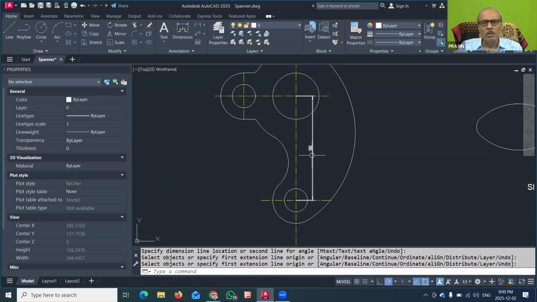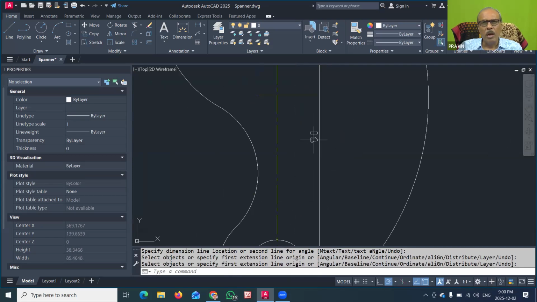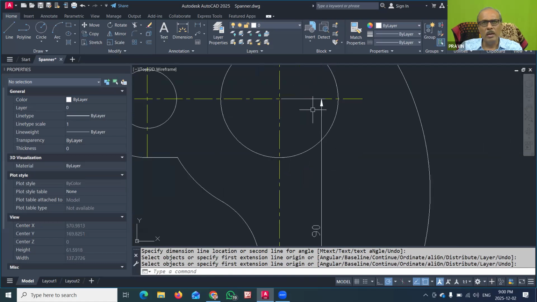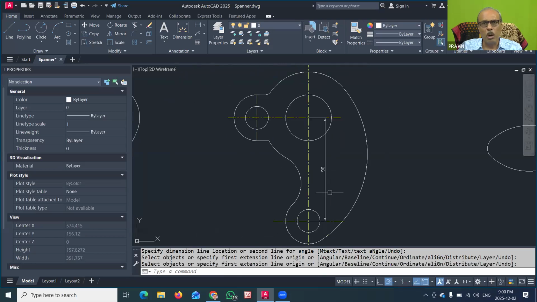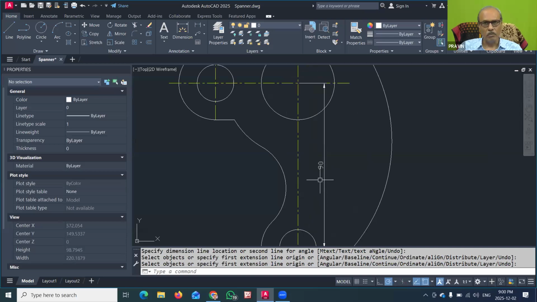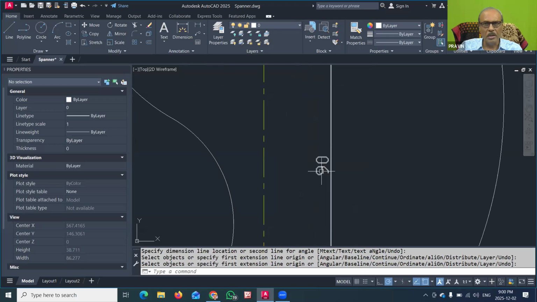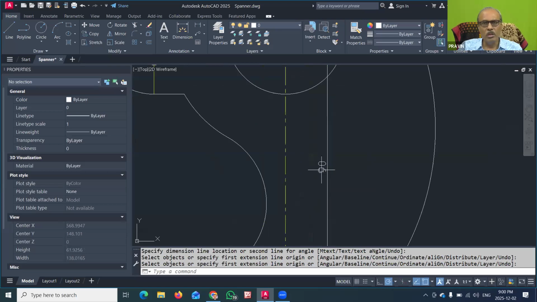Now here the 90 text was there, and there is an arrow at both ends, and I have shown the distance from this center to this center, but this is not very proper dimensioning. So that also we have to understand. Now I need the text to be in the Arial font. Now it is again using the standard font. So that is another thing that we have to change.